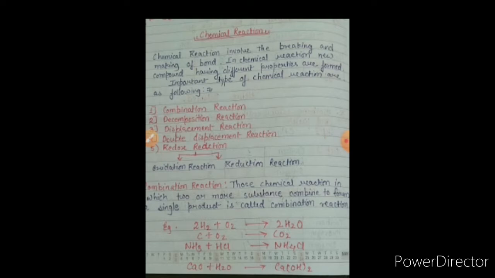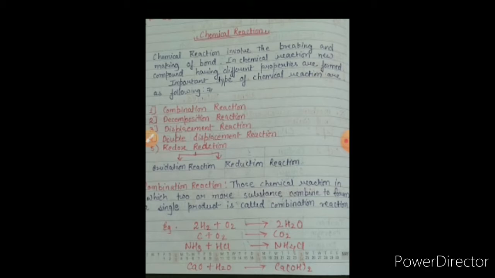Today we are going to study our first chapter, that is chemical reaction and equation. Before going to the chapter, we must know some basic points. These are what are chemical reactions, how many types of chemical reactions are there, how we can balance a chemical reaction, and what is a chemical equation. So coming to these points, in the very first session, we are going to study about chemical reaction.